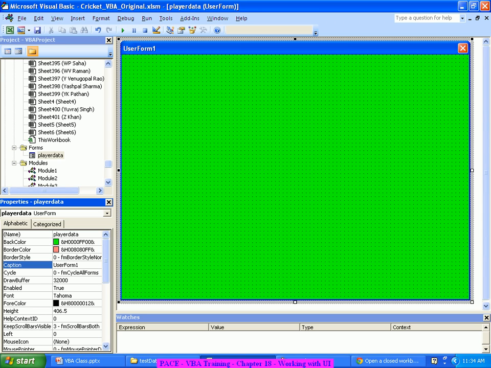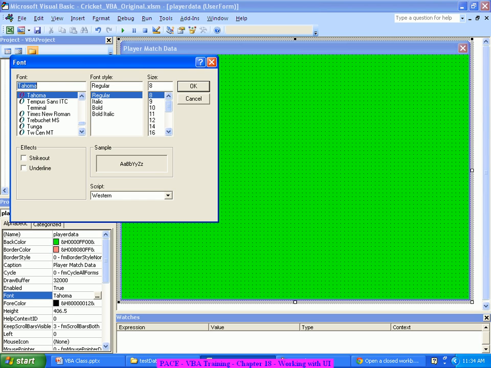So the caption of the form, I'll say player match data. Player match data is what I'm saying. And probably if required, what font it is required, all that stuff. If you want a separate font and all, you can think through that. You can very well play around with that stuff.